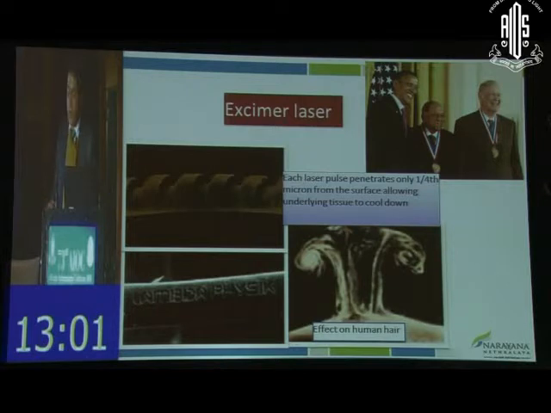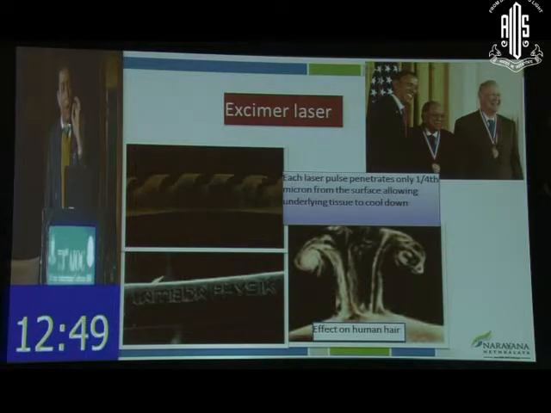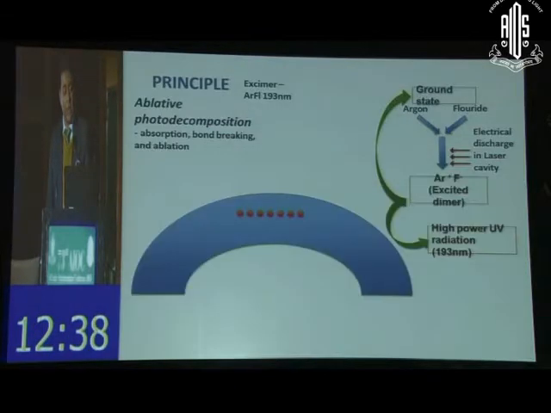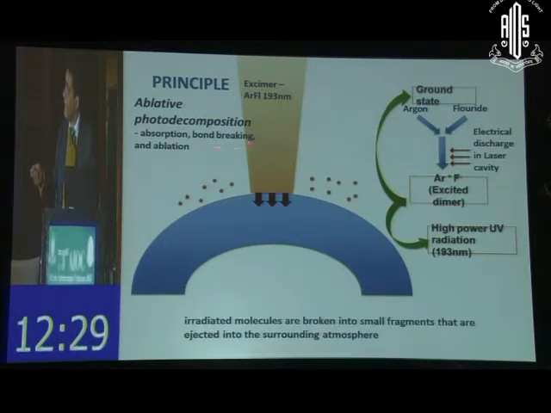Srinivasan was awarded a gold medal this year by Obama for his invention bringing laser technology. This is how he first brought the laser onto a human hair, while working with IBM then. He was able to etch this pattern and even write on a human hair, and that's when we realized it's so precise that if you can do it on that, you can bring it onto the human eye. The principle works using argon and fluoride, and it's a photoablative procedure, and then it creates a